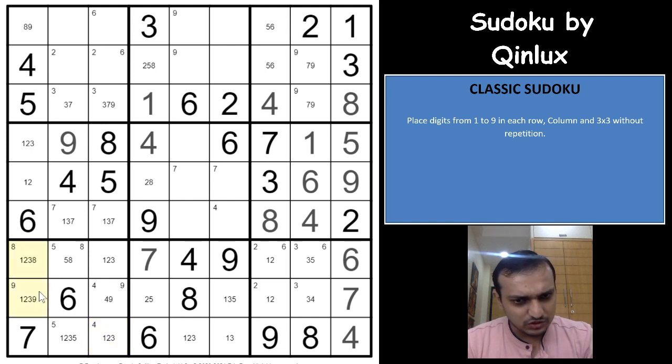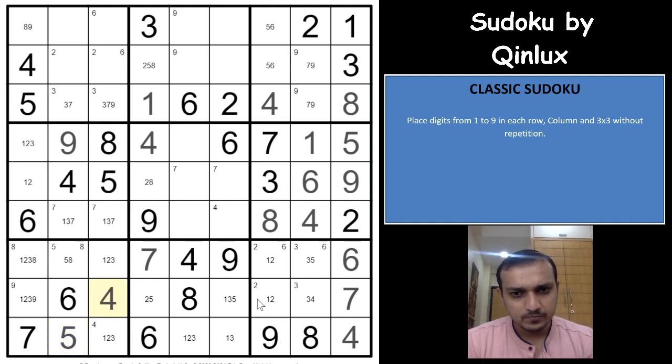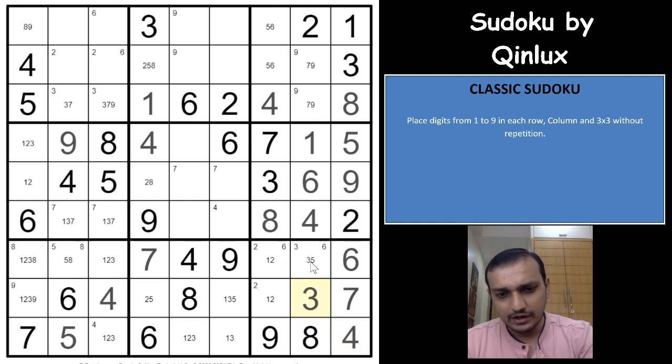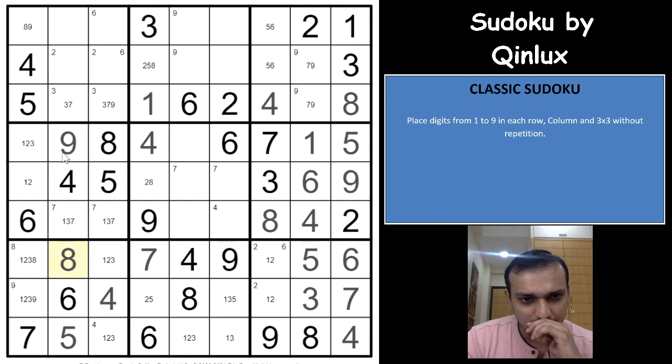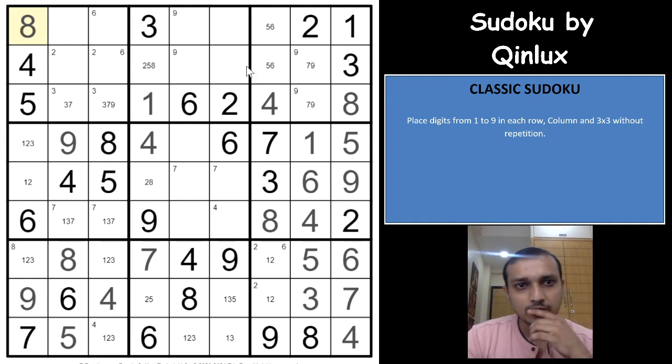So one of the 1, 2, 3s is here. 5 would have to be here. Okay. That gives you a 4 here. That gives you a 3. Oh, and a 5 here. That 5 gives you an 8 here. Wow, that is getting done, guys. So that eliminates 8 from this cell. Now 9 would have to be in this cell. That gives you an 8 here. This 3 eliminates 3 from this cell.